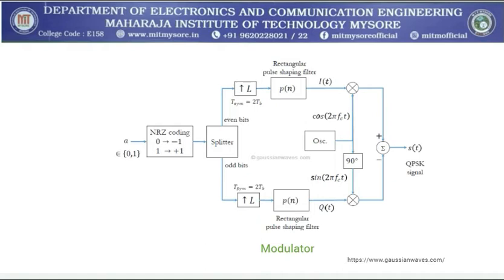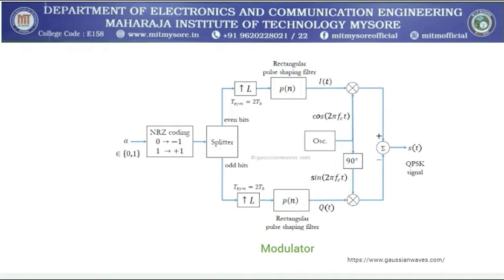After that it will be given to the splitter, where if you have a 0 you will have -1, and if you have a 1 you will have +1. In practical generation of a PSK waveform, if the message bit is 0, you will have minus V volts. If you have a 1, it will be what? Plus V volts. We are going to represent it in that manner. Correct, right? So if it is a 0 or a 1, those values will be represented accordingly. Assume that we have 0 1 1 1 0.